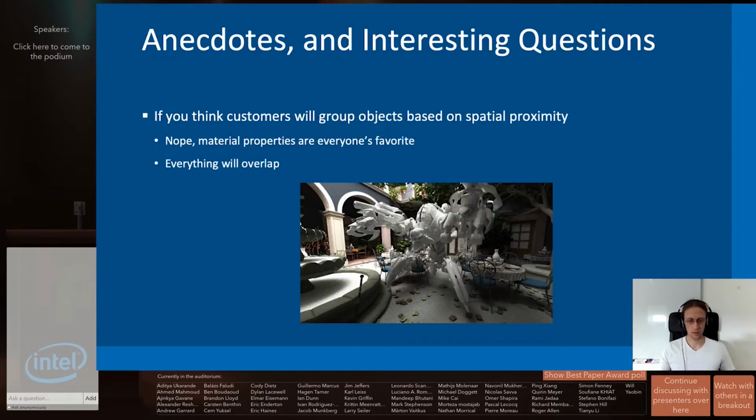One of the other interesting things is that we sometimes got scenes from our customers, and they complained that the performance was really, really slow, for unknown reasons, right? And what actually happened is that they grouped geometry together into objects and then handed these objects over to Embree. But inside each object, they didn't group the primitives together based on spatial proximity, but they used material properties to